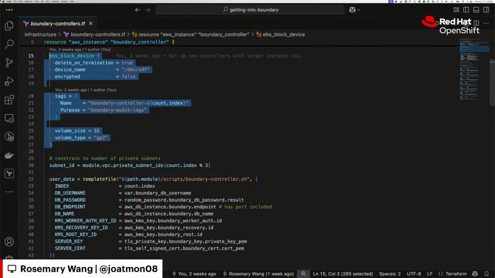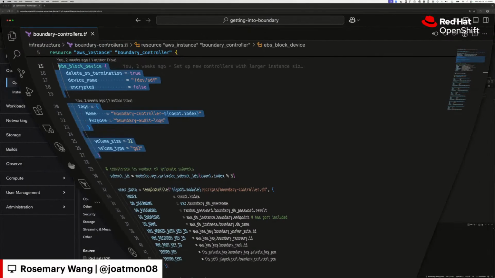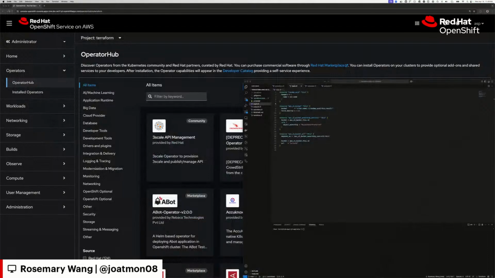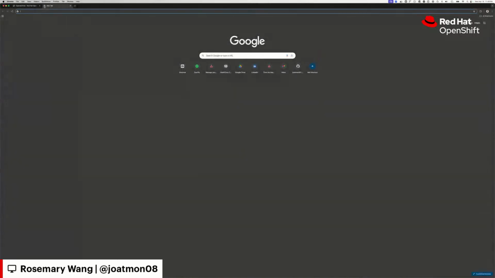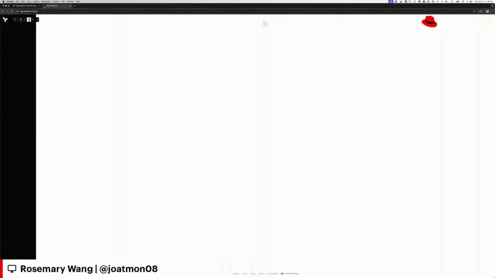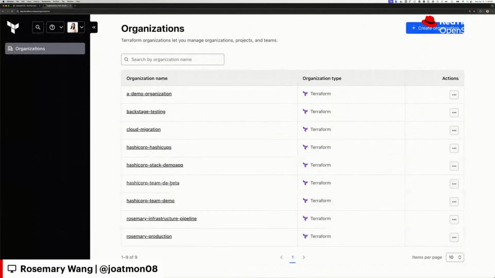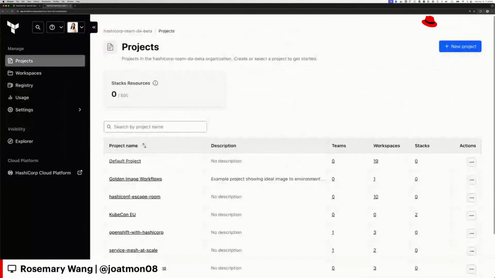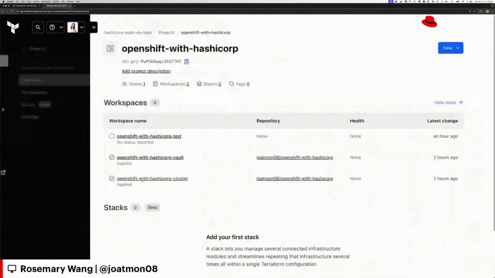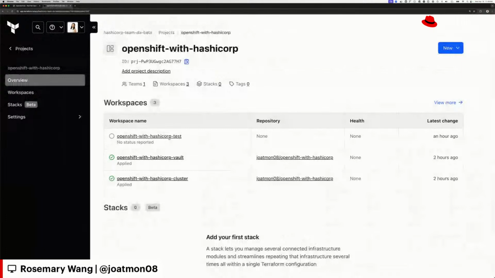So the thing that is happening with the way that the operator itself works, which I'll pull up, is it's connecting to HCP Terraform or Terraform Enterprise, and so you'll notice that effectively we have this project structure. What it will do is connect to HCP Terraform, and HCP Terraform stores the state.